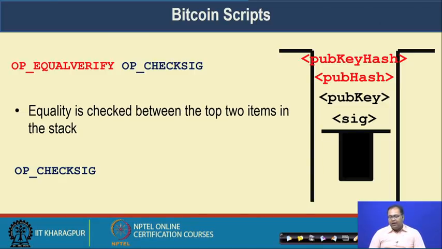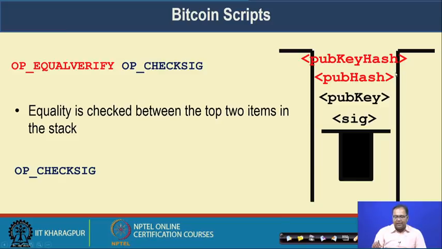If they are equal, you simply pop them out, and if they are not equal, you return false or an error. This equality is checked between the top two items in the stack.